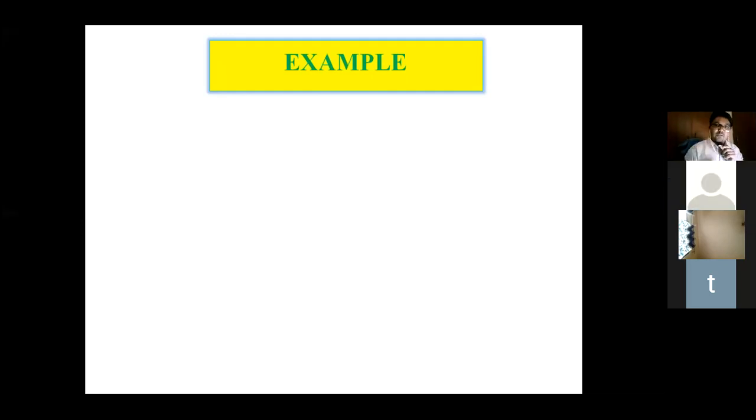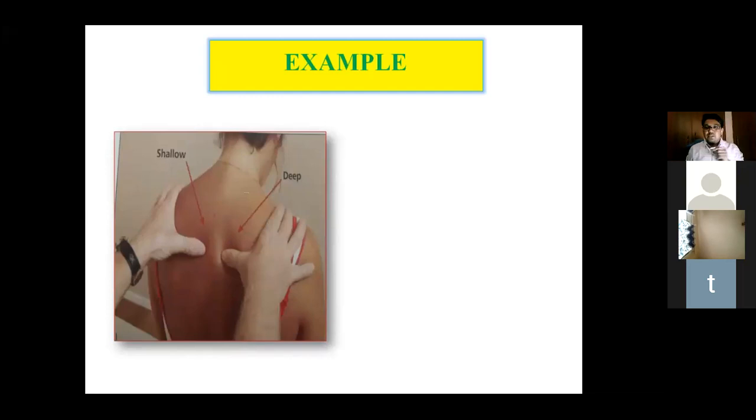So I have taken a few examples, and these examples are very, very important. Through these examples you can better understand the concept of today's discussion, and you will be comfortable to diagnose the spinal dysfunction. So let's see what the example is saying. Just suppose, for example, in this slide, इन्होंने T4 का एग्जांपल लिया है, हम मान लें T4 T5. For example, we are taking the T4 vertebra.